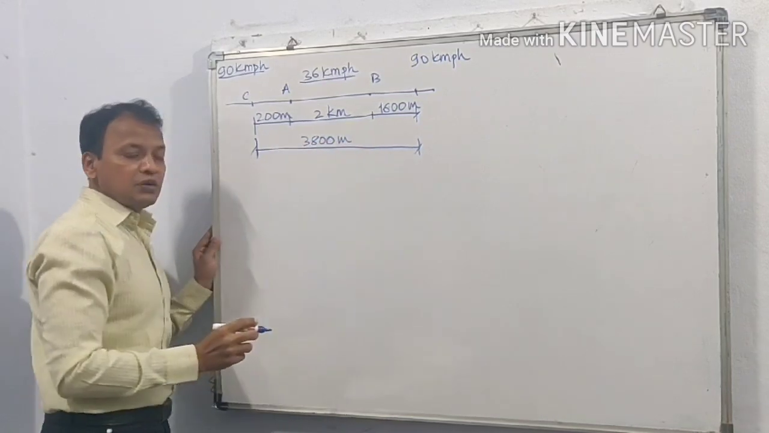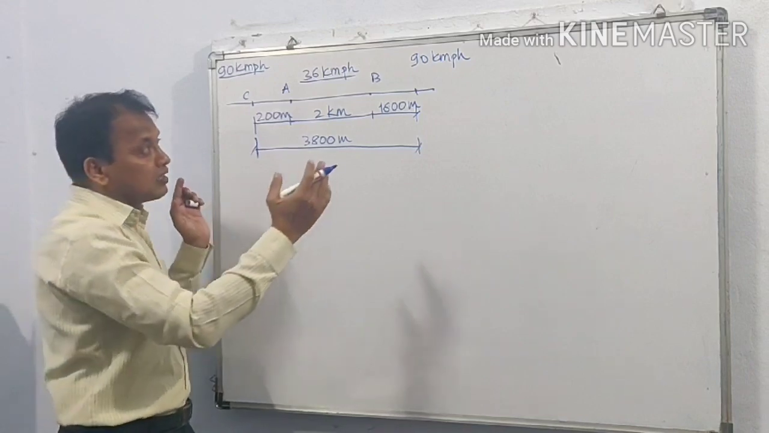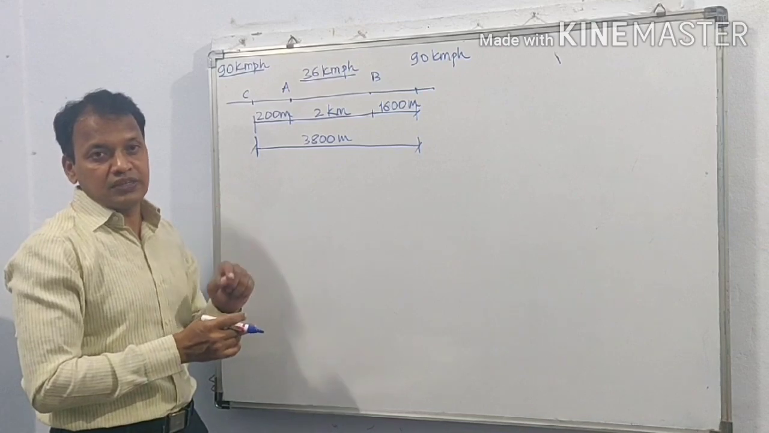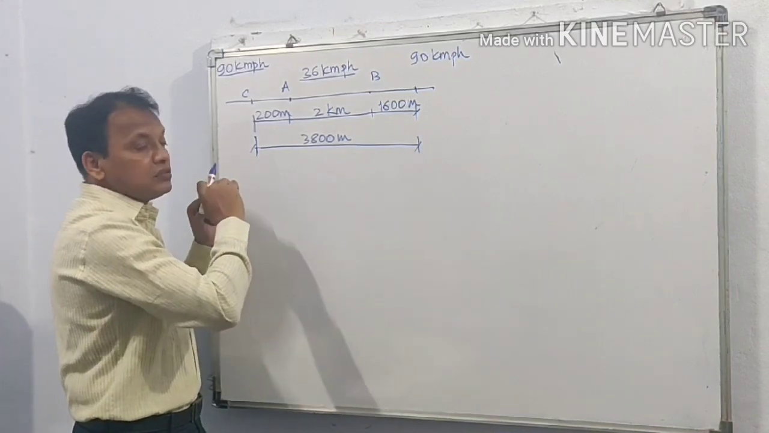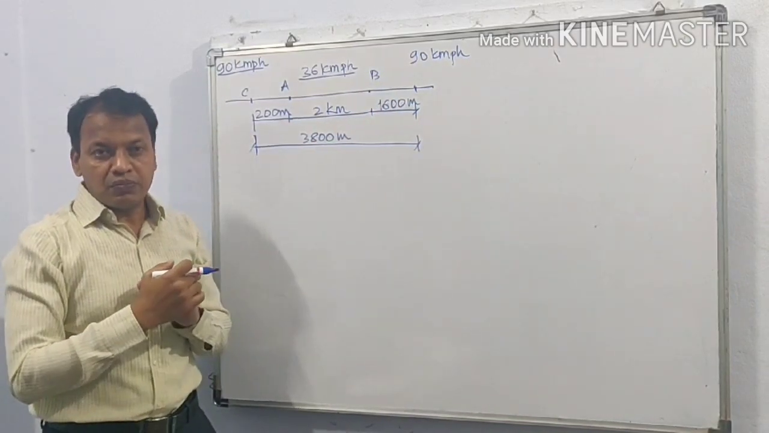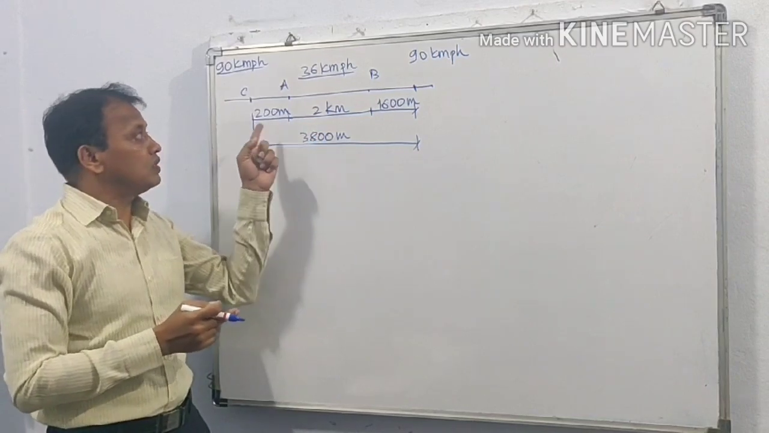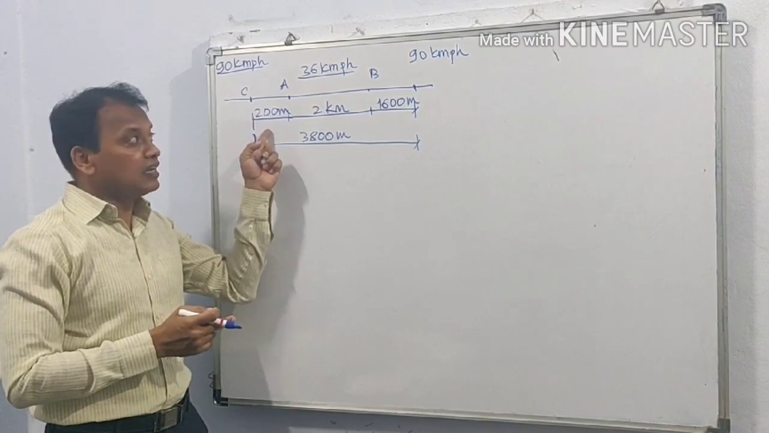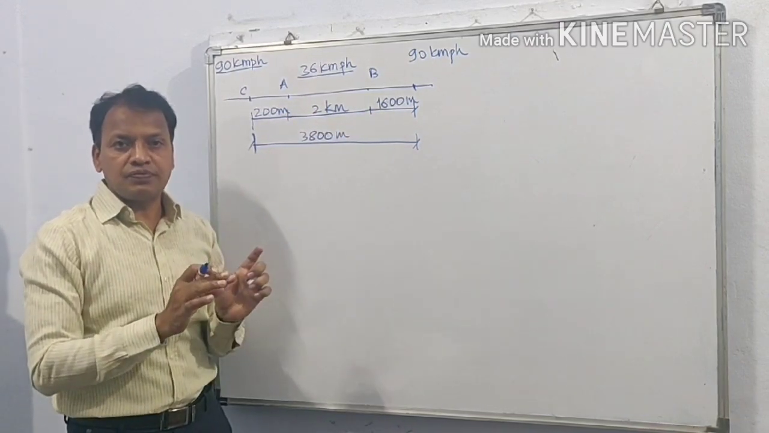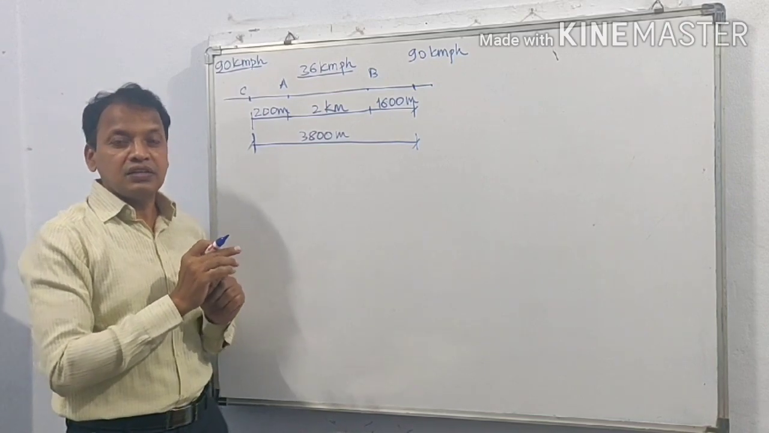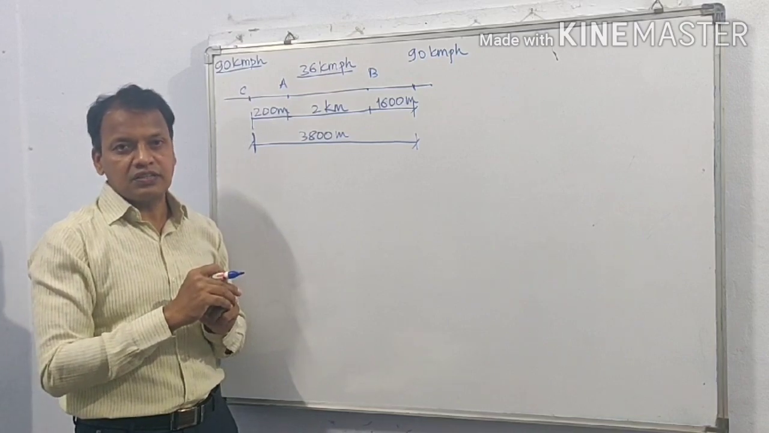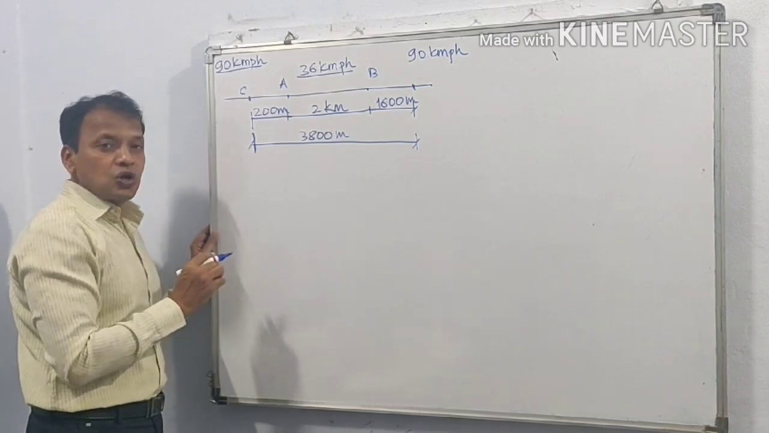For this 3800 meter, that is 3.8 kilometer length, if no repair work was going on there, then the train would have traveled with velocity 90 km per hour. But due to this repair work, there is retardation, then uniform velocity, then acceleration, so time has been lost, and we are asked to find the time lost due to repair work of the track. Is it okay? So for this, let us draw